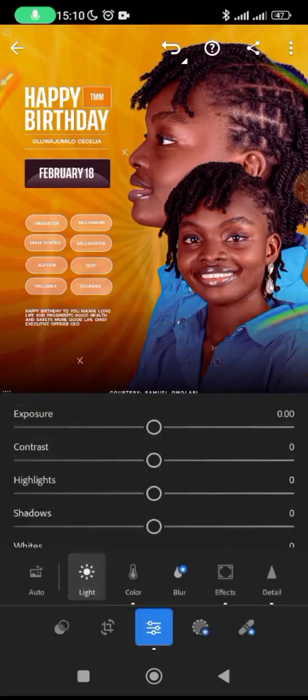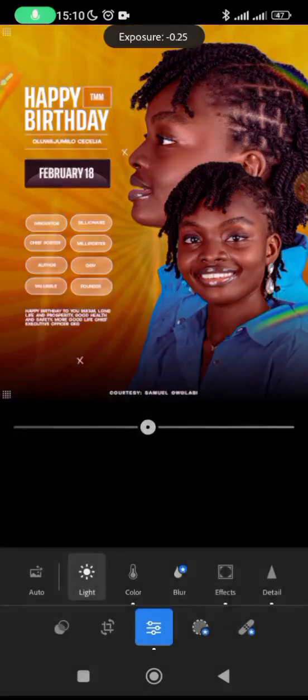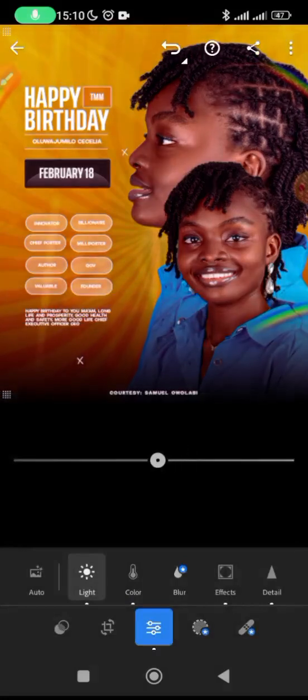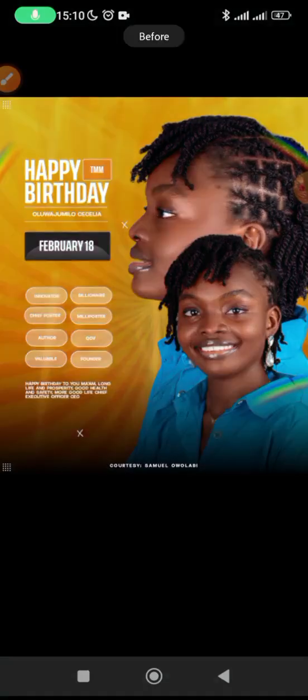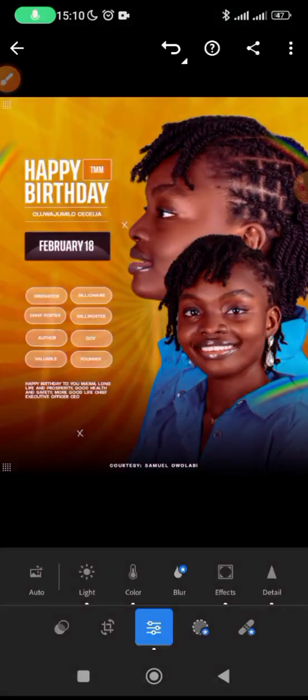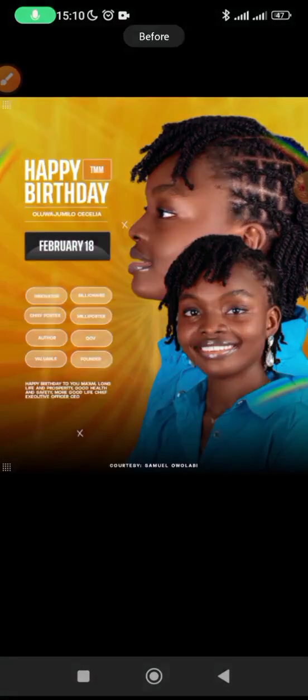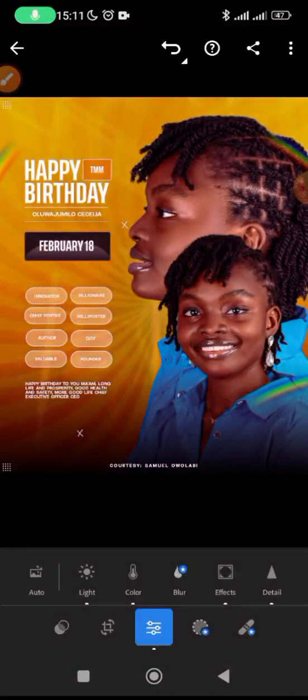Then I can come to light, decrease exposure and increase contrast. And look at the before, look at the after, look at the before, look at the after, and then you see